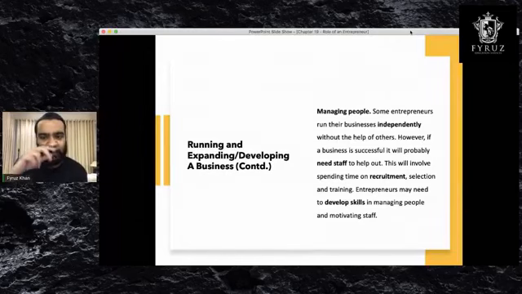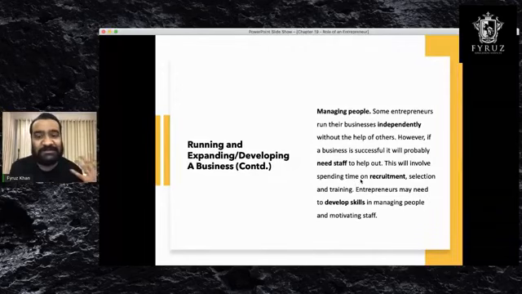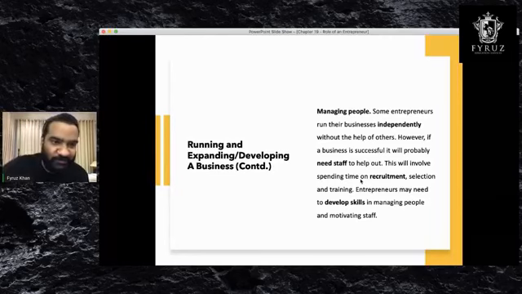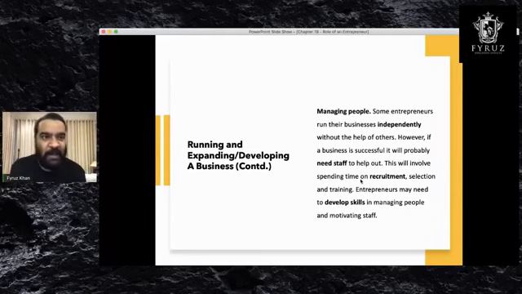So you need to spend time on recruitment to find the right people for the job, with better knowledge and better skills. Managing people is very important. As a person who runs an organization, I find managing people very difficult. I'm better now, but when I started off, I was not good at all, because I was an introvert. But then I learned it on the way, and I still need to improve a lot of things. There are a lot of faults, but yes, managing people.